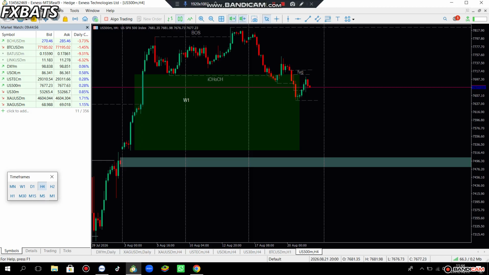S&P 500, this one hasn't given me a clear entry zone. Price is literally reacting at this area of the mitigation block. So the reaction is still within here, this area of the mitigation block. So maybe it will be relevant for shorts, but I'll be watching Nasdaq. So this is what I had for the coming next week.